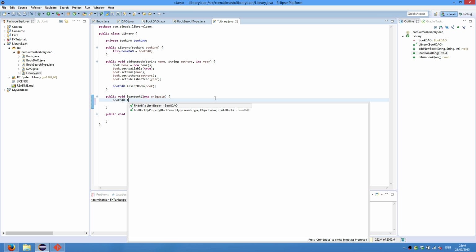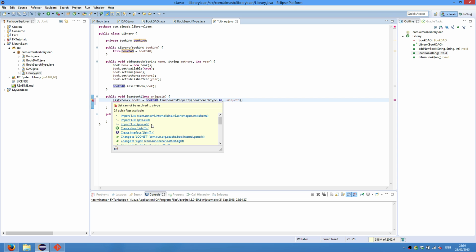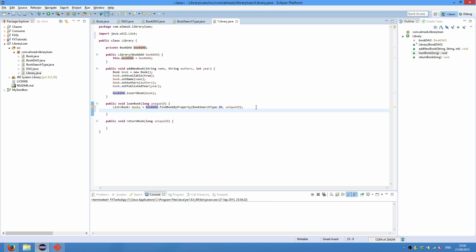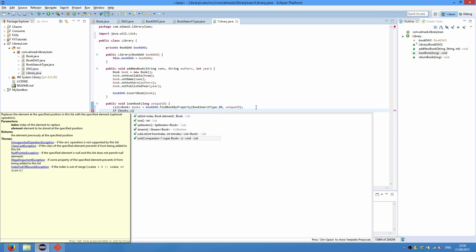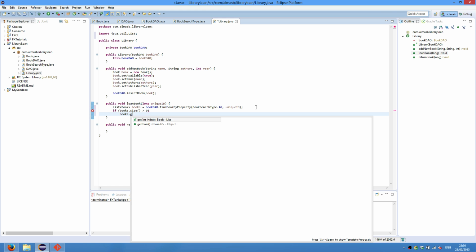Book DAO, we need to find the book, book search type, ID, the value is this. It returns a list of books, although we know that's a unique ID, so it should return ideally at least one, or at most one. If it returns 0, then this ID is non-existent. If the book's length or size is greater than 0, then